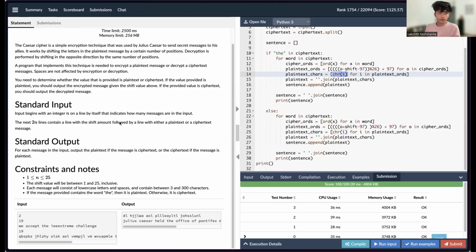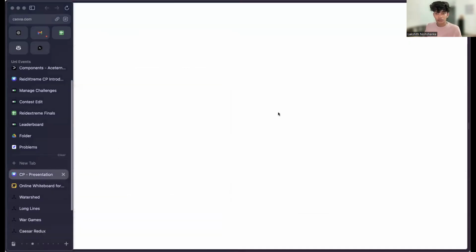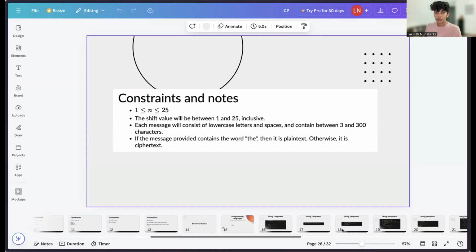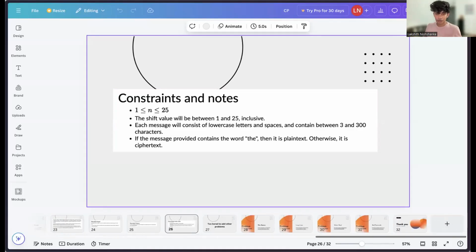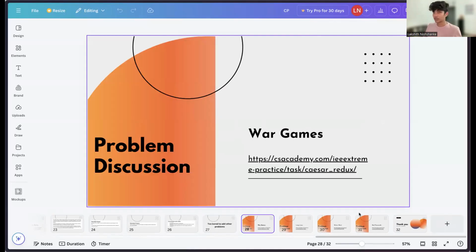For the previous problem I added screenshots of parts, but I'm too bored to do the same thing for the next problem, so we're not going to do that.